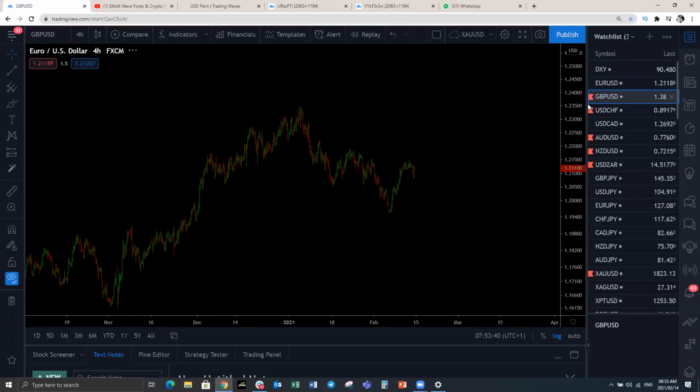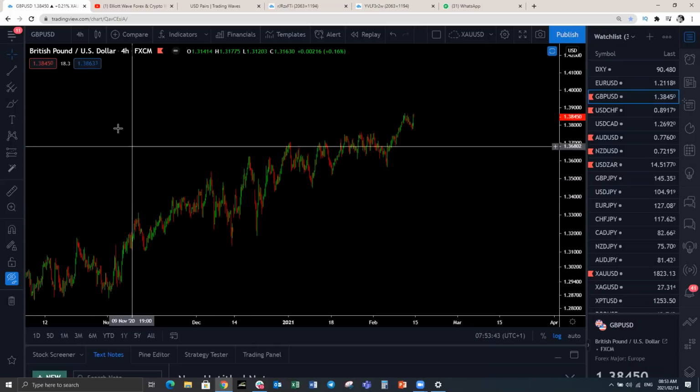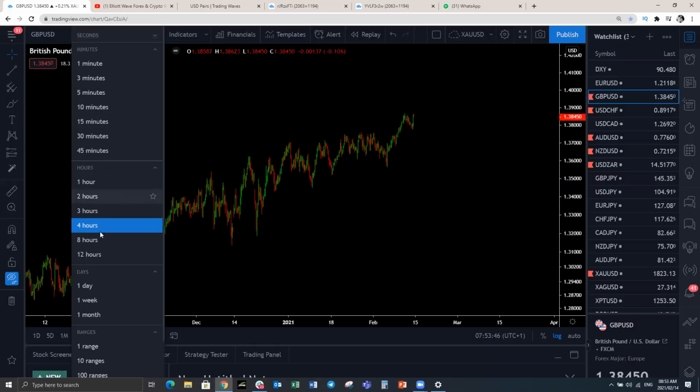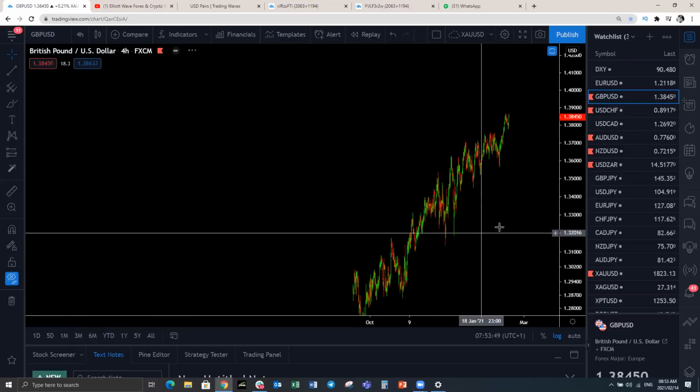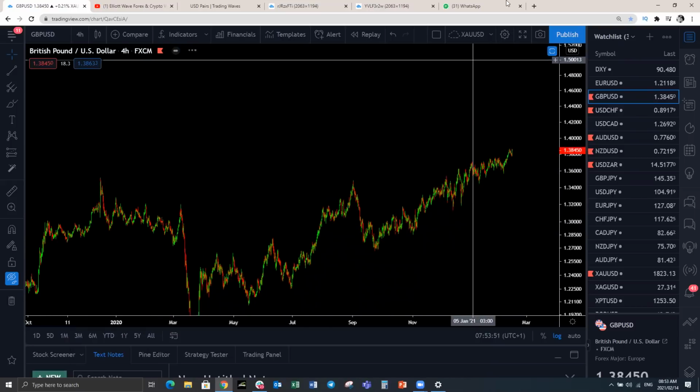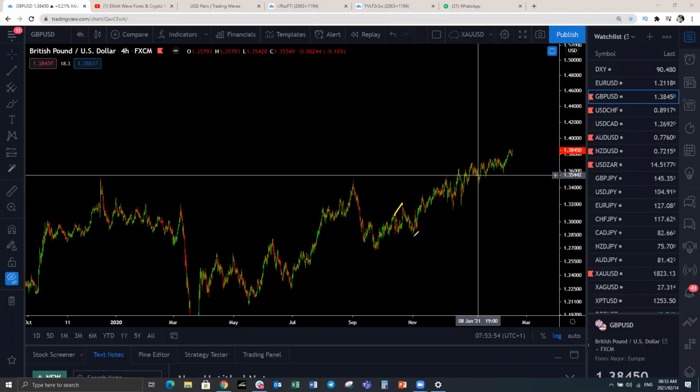Pound yen. So pound yen, we've been looking for these to reverse for the longest time, but we never got an indication for a reversal. So the structure that we've been looking at on pound yen, let's have a look at this. We have been looking at this to be making here a WXY, XZ correction here. So is this 1, 2, 3, 4, 5, and the lower degree on pound yen is 1, 2, 3, 1, 2, 3 back, 1, 2, 3, 1, 2, 3 back. Let's do this one. 1, 2, 3 back for the X. Is this a running flat? And are we gonna see 1, 2, 3?